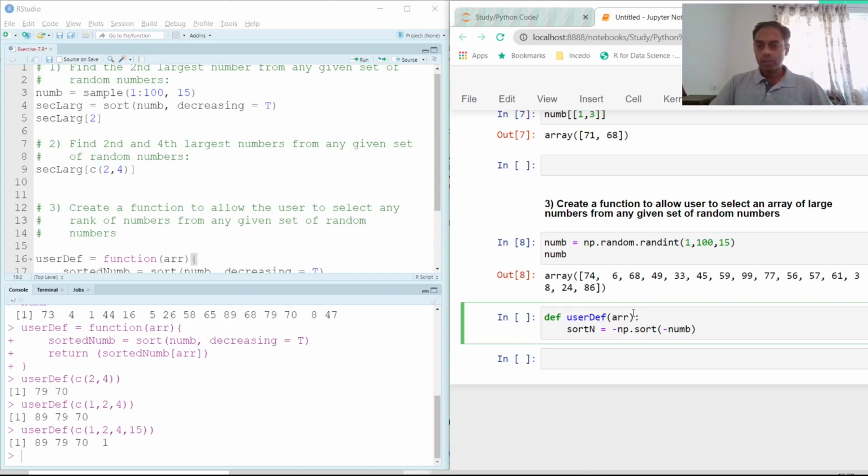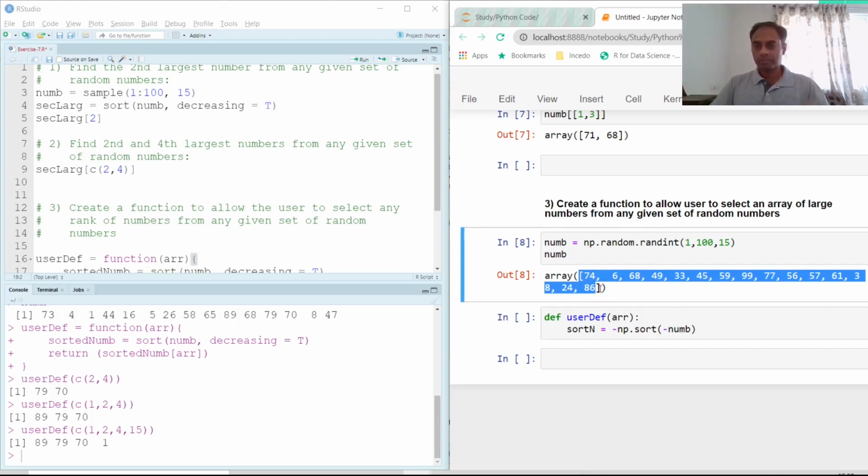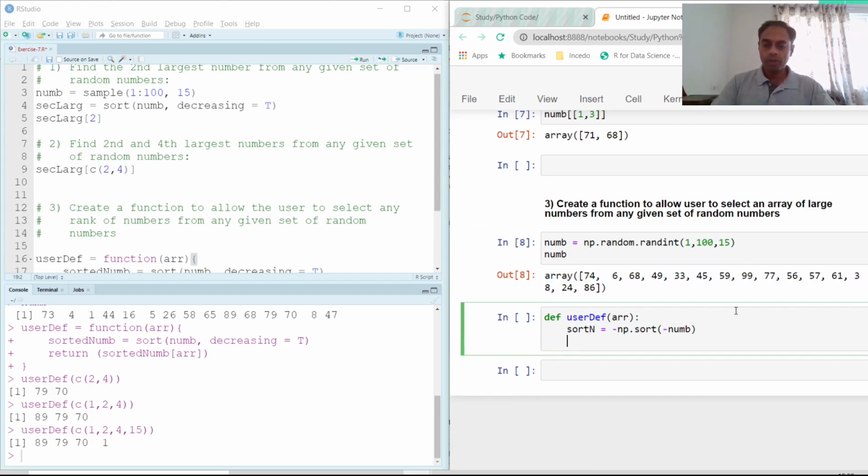Now we have the sortn variable which has all these numbers in descending order, and once we have it in descending order, we can then decide the indices that the user wants to extract. And how do we do that?